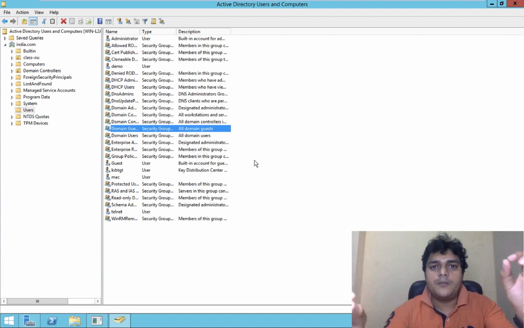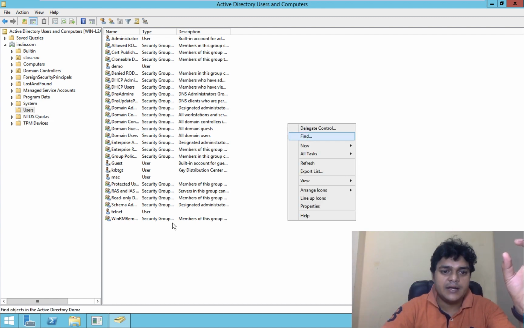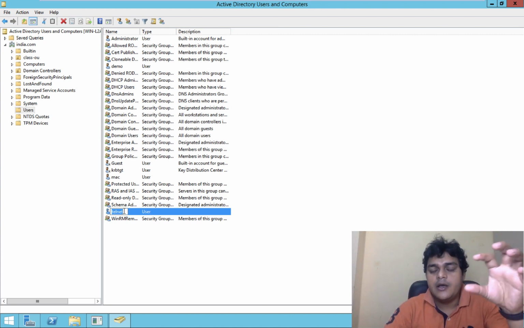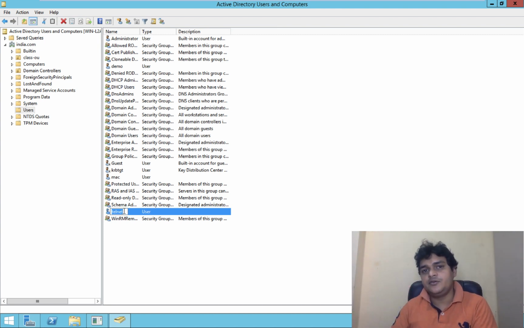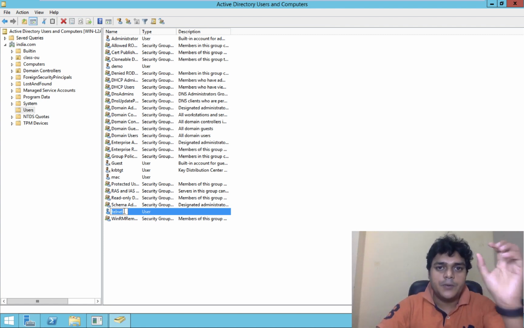So now our on-premises machine contains three different users: the username demo, the username Mac, and we created one more user with the name Telnet. So we have three different users available in the on-premises Active Directory. We are planning to synchronize all the users over to the Azure portal under the Azure AD users. So what we need to do?